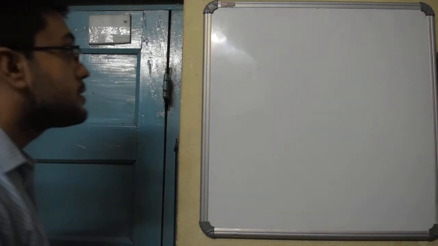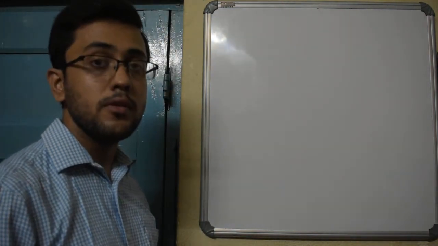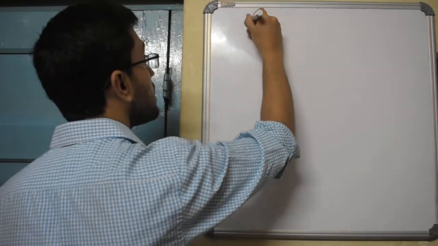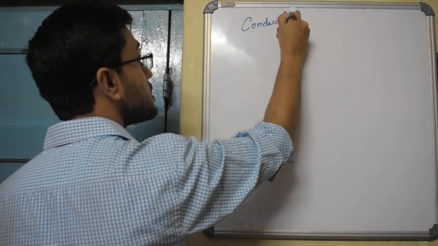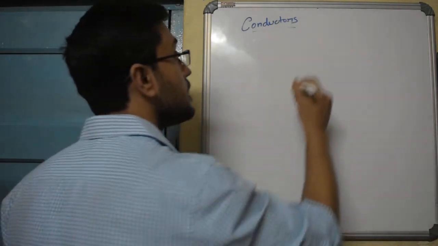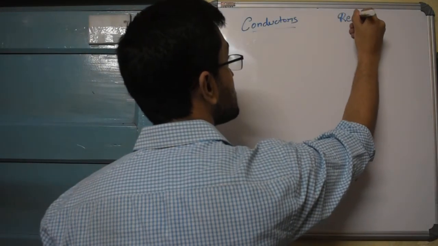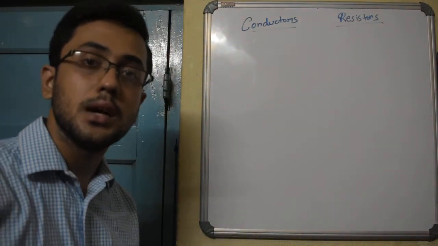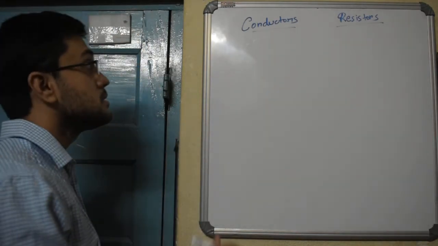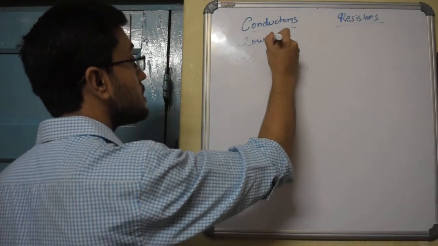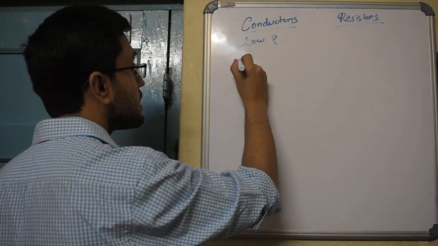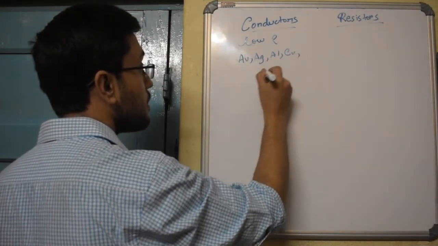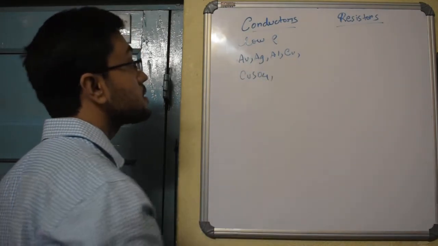So now we have to decide what particular material we will choose for which kind of purpose. If I am talking about good conductors, then what kind of material should I choose? If I am talking about standard resistors, then what kind of material should I choose? Well, conductors are those which should be able to conduct current. That is, they will not offer much resistance, they will have lower values of resistivity. So for conductors, we can choose materials like gold, silver, aluminium, copper, copper sulfate solution. These are examples of good conductors.